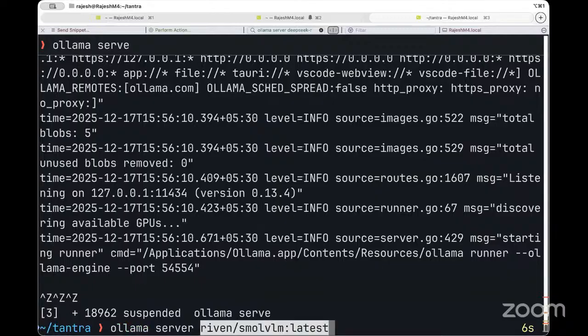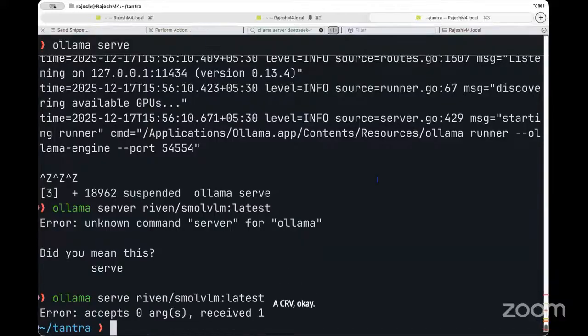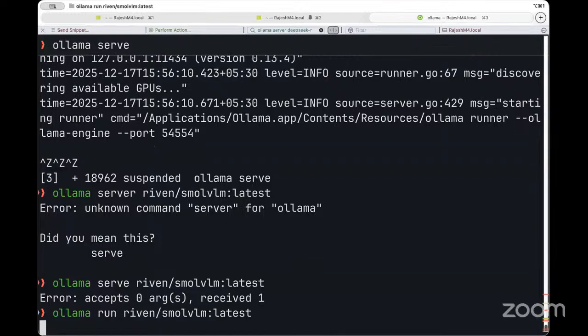Ollama serve and the model name. Sorry, the command was ollama run, not serve. So ollama run, and this model is now getting downloaded first, and then it will run on my local